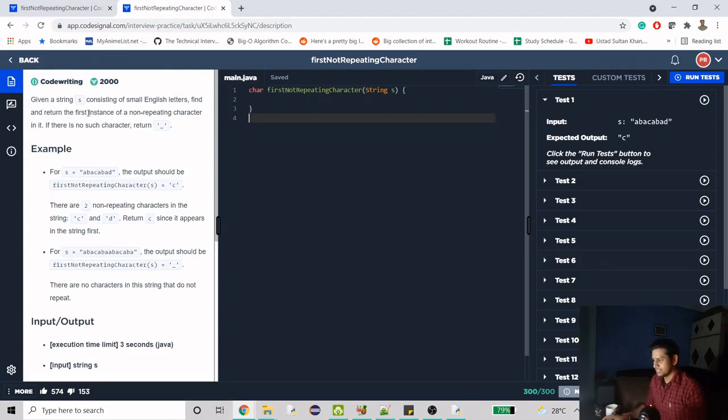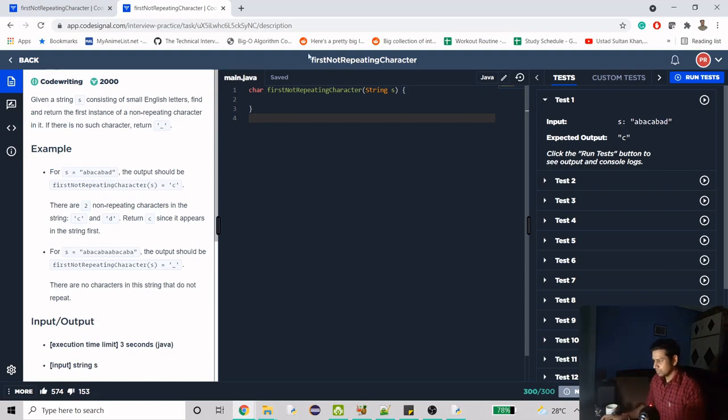What it says is, let's say we have a string, and this string is going to contain a list of characters, including repeating characters. What we have to do is return the first instance of a non-repeating character. As soon as we get the first non-repeating character, we have to return it, right? Here again I will use the brute force approach, not the efficient approach, so that I can first provide the easiest solution, and then maybe you can work on the efficient approach yourself, right?